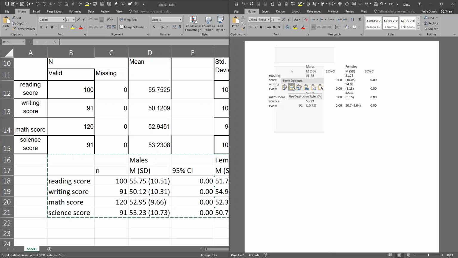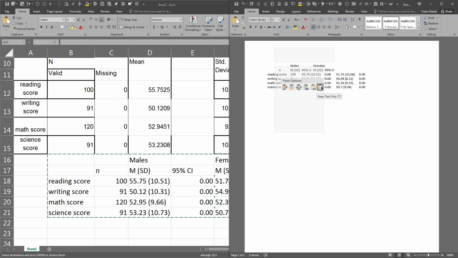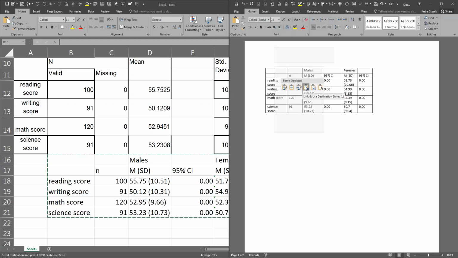Now there are many different ways that you could paste it. See that every time I hover over one of these options, it changes the look of it. But for the most part, as long as you have a table that has cells in it, this is the best way to be sure that you have cells involved. And again, this is not APA formatted yet. We don't want all these different cell margins everywhere. We need everything to be on